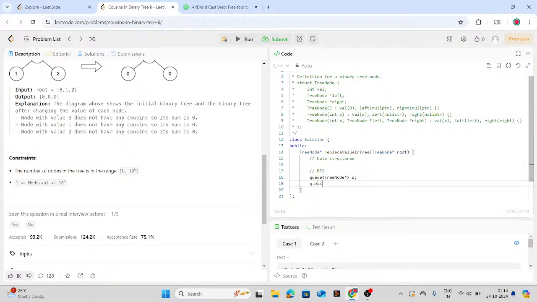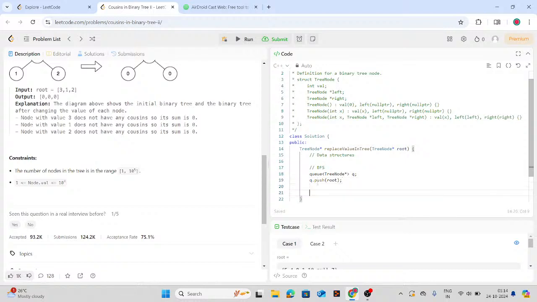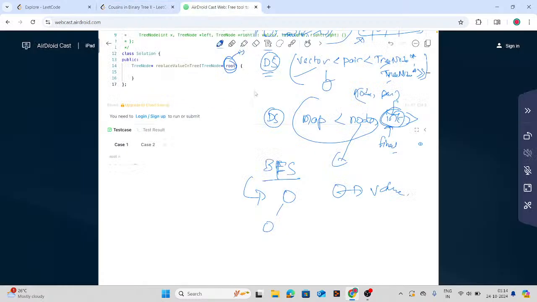queue by pushing the root. Guys, I might have forgotten things, but I'll debug them consequently. Let me just write the pseudocode, then we debug it very quickly. It won't be difficult, right? Okay, so we have pushed to the queue over here. We already decided what the data structures are. The queue was for BFS, and then we have a data structure